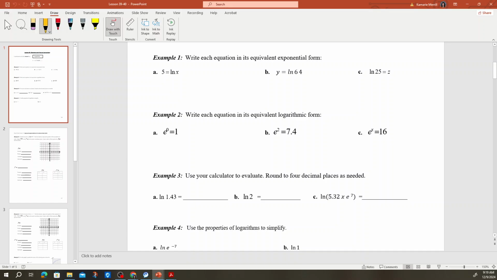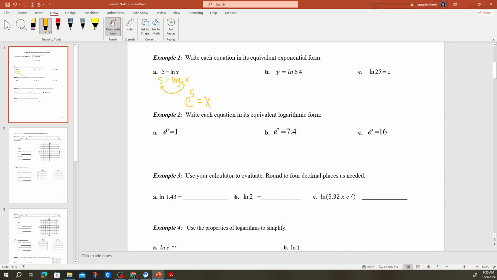Again, sometimes it helps me to mentally write this as a log base e, or write it out physically. It's up to you if you actually want to write it out. But it helps me when I do my conversion because I can do that little around the world thing. Whatever the base of my exponent is, right? e to the what? 5 is equal to